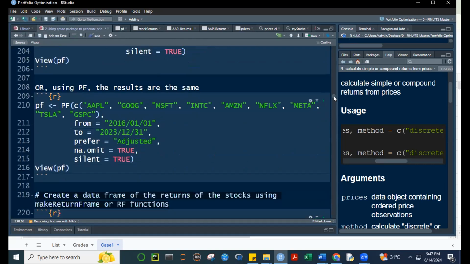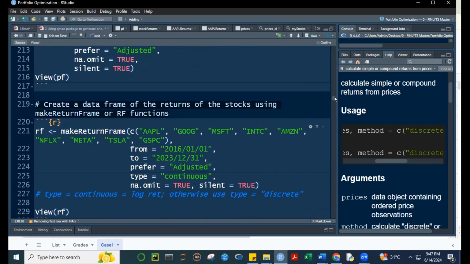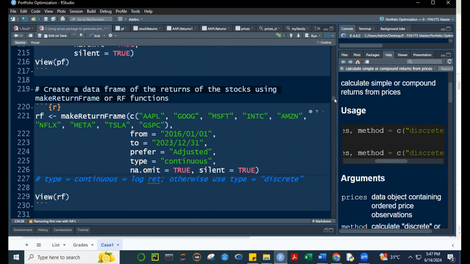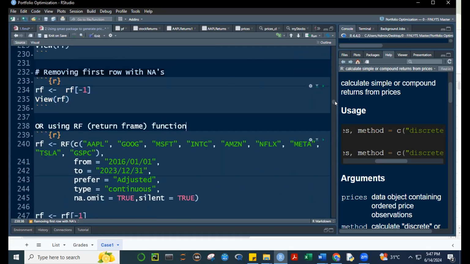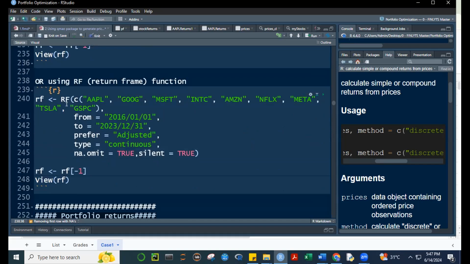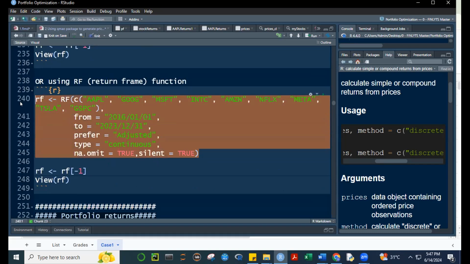However, class, note, you can skip the price. You can go directly to returns here. Same thing. But this time, we're using makeReturnFrame, or let's use this one, RF, return frame. So if I run this, even without using the PF, the price frame, I can already get the returns. So if I run this, RF, now notice even if we write na.omit is equal to TRUE,